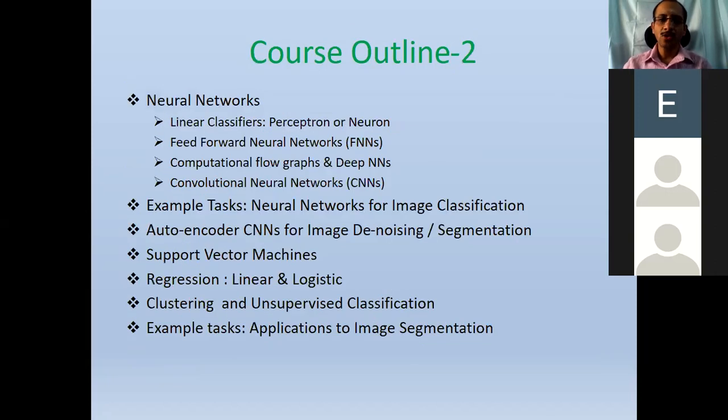And the second third of the course mostly revolves around neural networks. Because all deep learning is centric on neural network concepts, I will start with a thorough understanding of what neural networks are, feed-forward neural networks. I will be discussing backpropagation, how they work and so on. So even if you want to develop a neural network from scratch, even a convolutional neural network from scratch, you should be able to do it. So that's what I envisage to discuss.